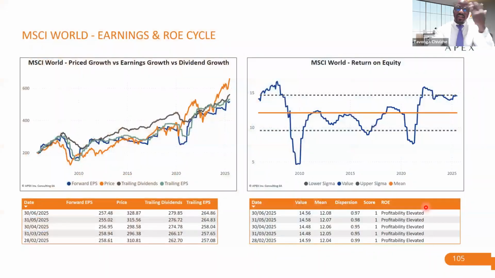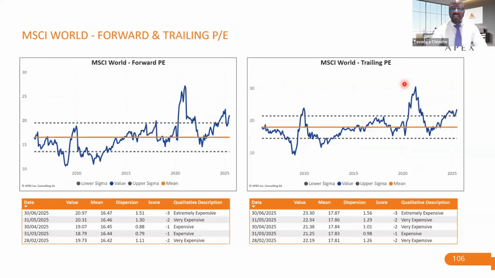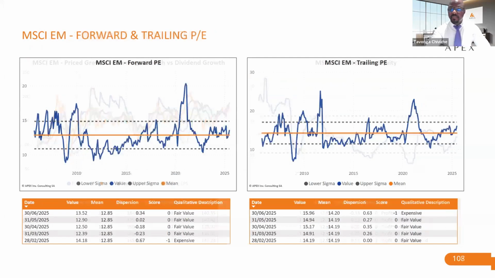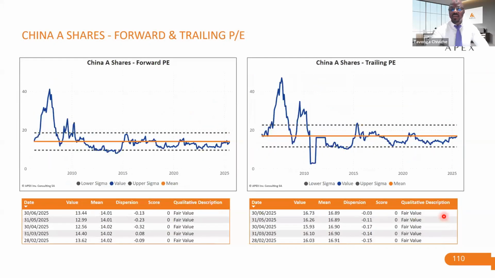Valuation story, it's just the same, to be honest. Like, I mean, you've got the developed markets where the orange line being price is so detached from earnings that it's looking very expensive. Profitability has peaked. It's not getting worse. It's not getting better, but the price thinks it's going to go higher. That's a bit of a concern. And when you look at it from a valuations perspective, you're getting scores of -3. I'm going to skip the rest of the valuation picture because I want to catch my time, and the charts